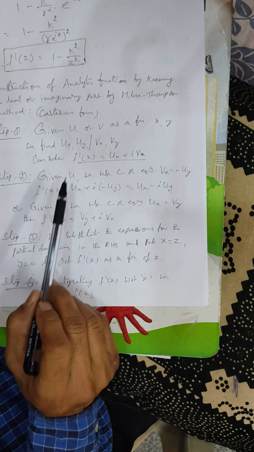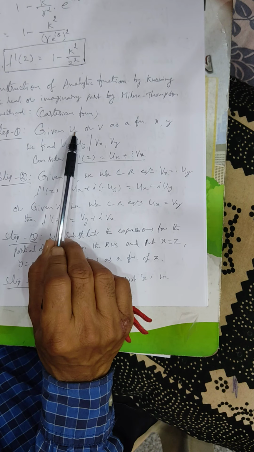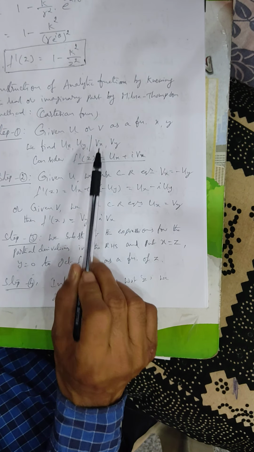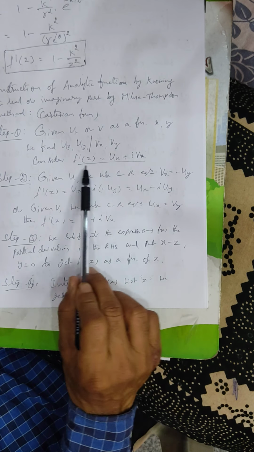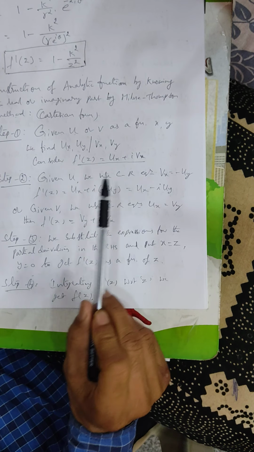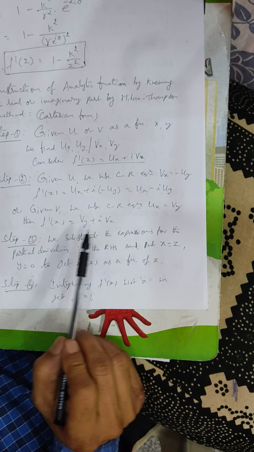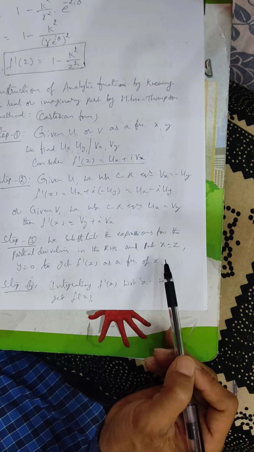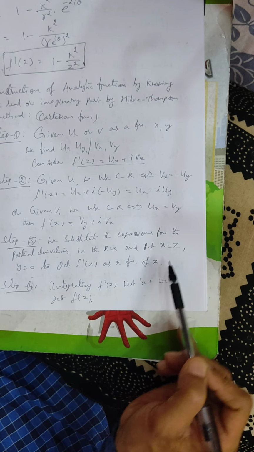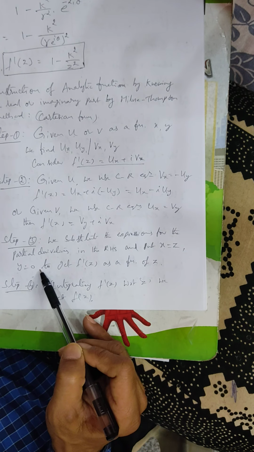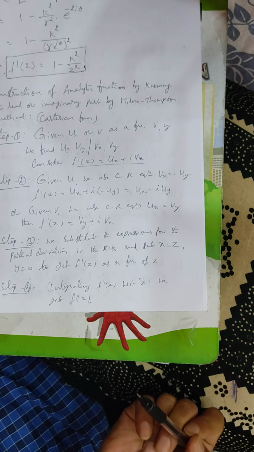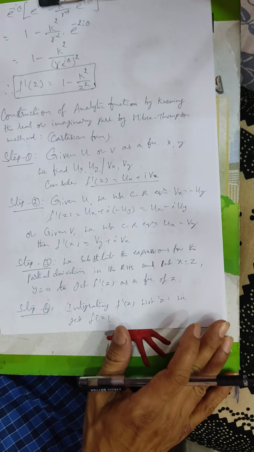So here, depending upon the given, either it is real or imaginary, we need to get the partial derivatives, and you substitute in this fundamental result, and substitute the expressions for the partial derivatives. We'll get f dash of z as a function of z by substituting x is equal to z, y is equal to 0. Then integrate with respect to z, we get the required analytic function f of z.